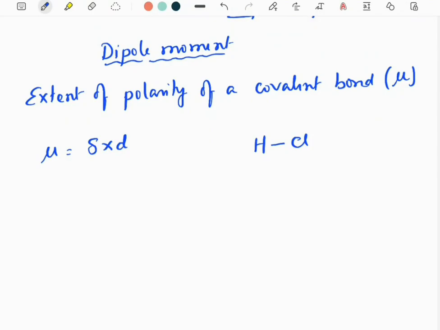So now we can come to our topic of discussion, dipole moment. So what is dipole moment? The dipole moment is the extent of polarity of a covalent bond. Now as we have discussed, in case of HCl, we know that partial opposite charges are developed, where the chlorine acquires delta minus charge